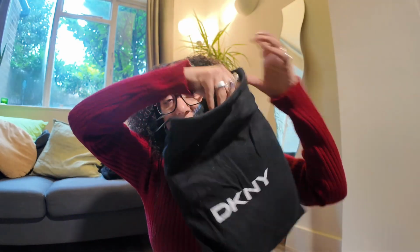All these bags that I thrifted have been from charity shops, and I think a couple were from Vinted. I think the most I paid on one of the bags is £20, which is crazy, especially with some of them being high-end luxury brands. But anyway, let's go with it. I don't know if I would class these as designer, but they're more vintage, kind of Y2K vibes. So the first one was this